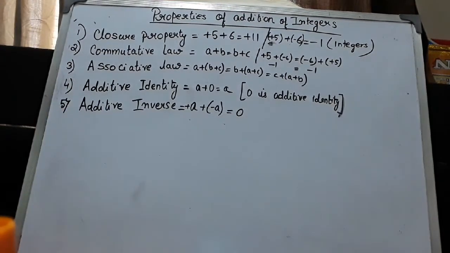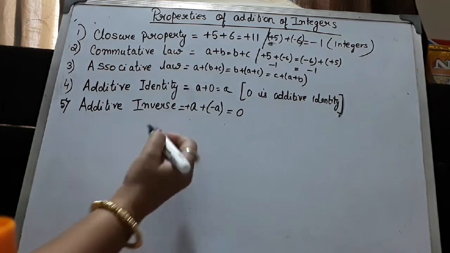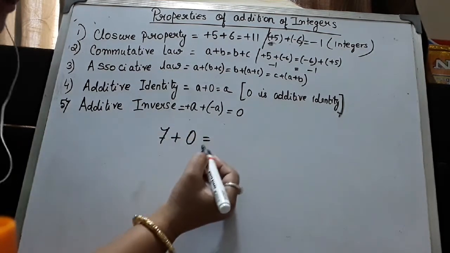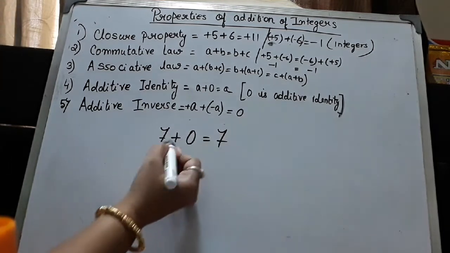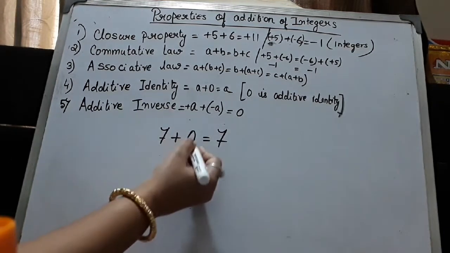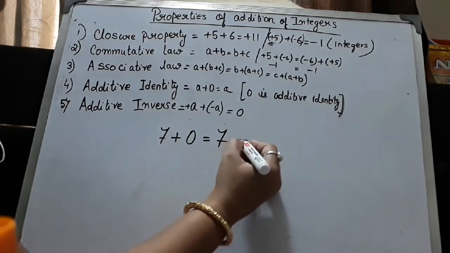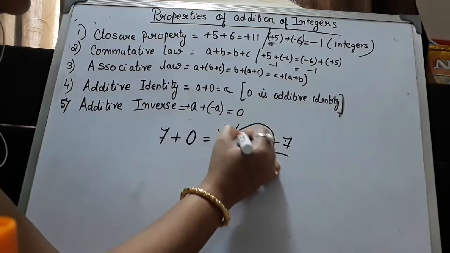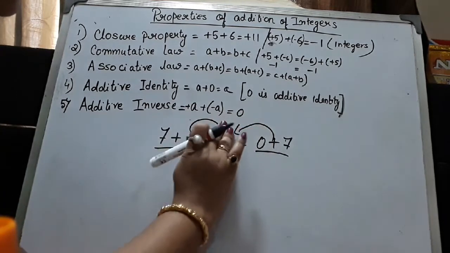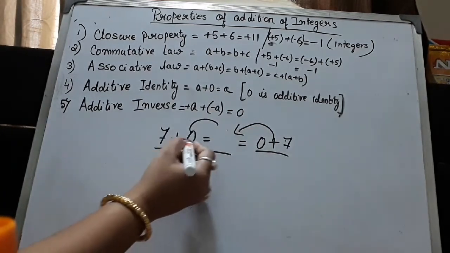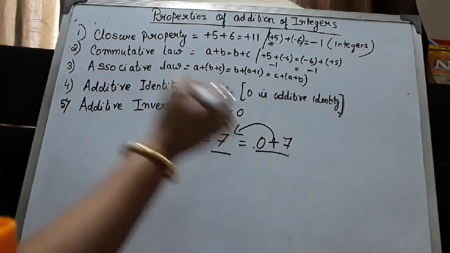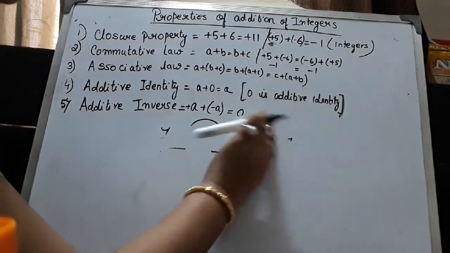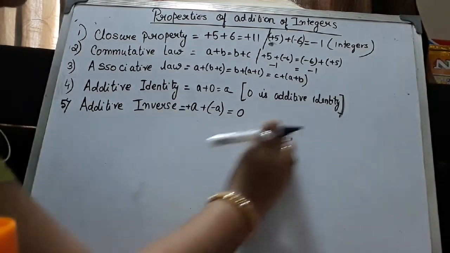Then comes additive identity, means any number when you add with 0, what answer you get? You get 7. But if you multiply, you get 0. But when you add, you get 7. Same thing you can write down here also. Same thing will come, no? So your question can come in this way. Give a dash. 7 plus 0 is also 7. 0 plus 7 is also 7. Okay. So this property is very easy. Nothing to think about it so much.